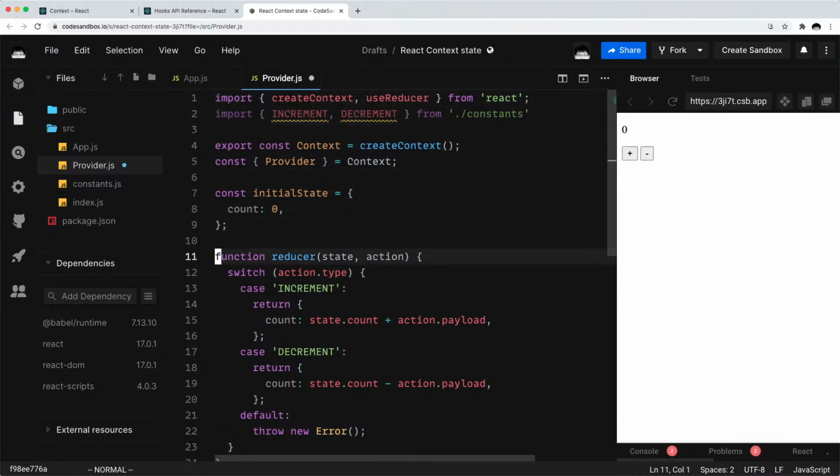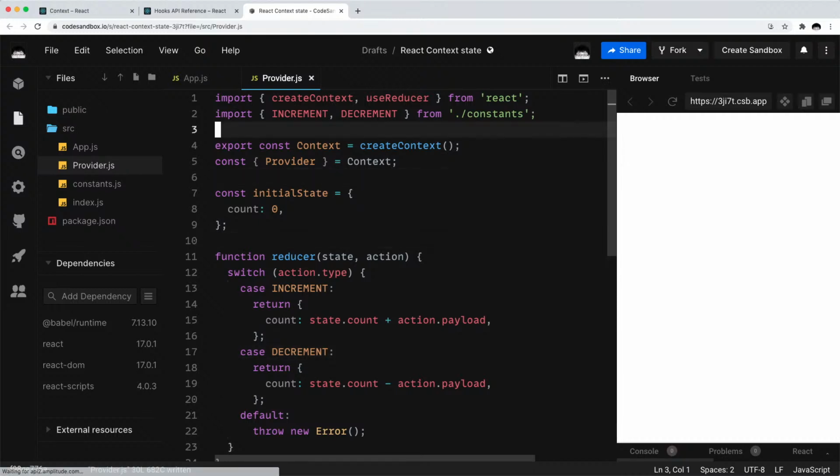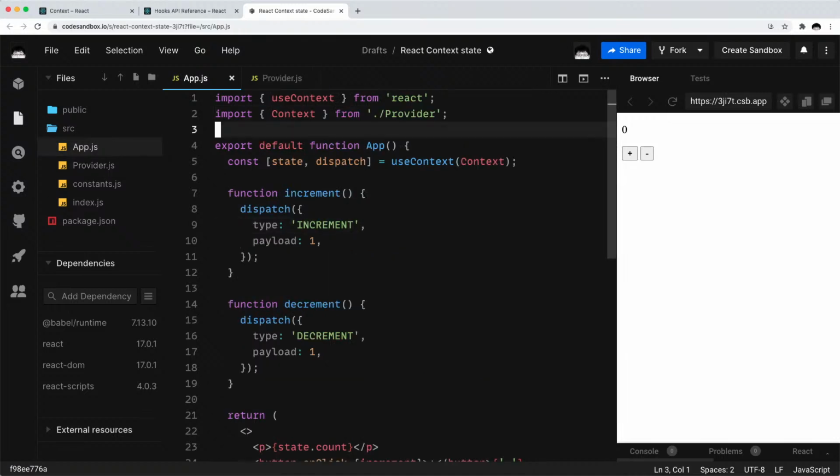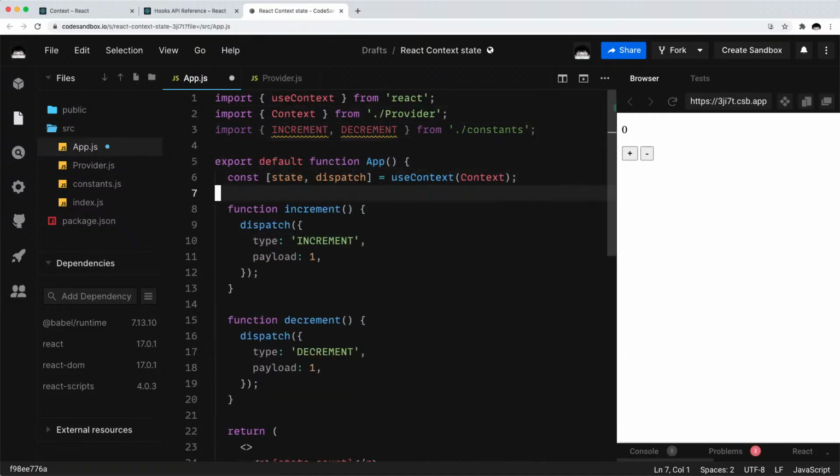Nice, I have that imported. And at this point, I can just use the constants for the provider, sweet. And then for the app, same thing. Now these are using the constants. Nice. And then another thing to note is that you can also